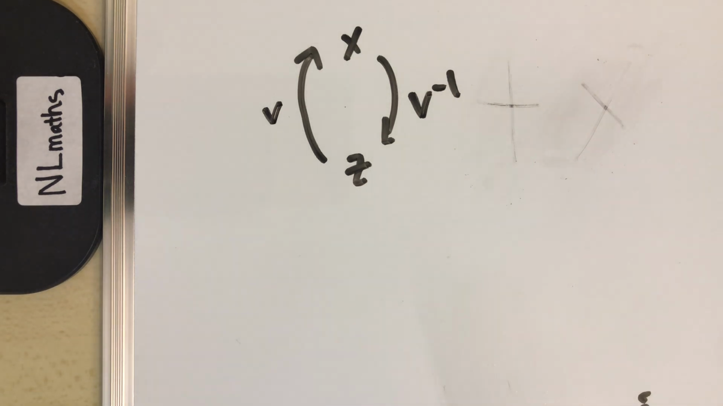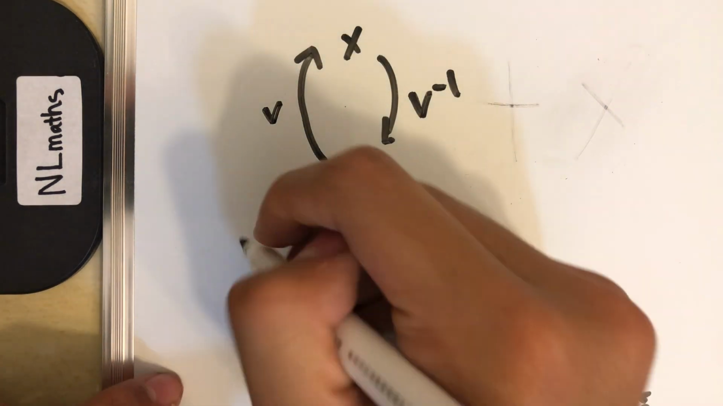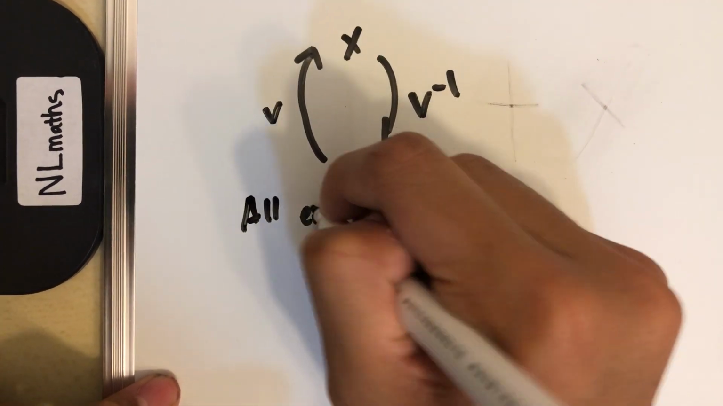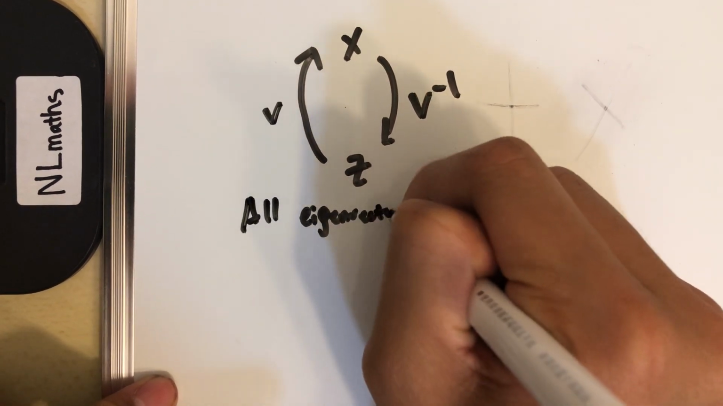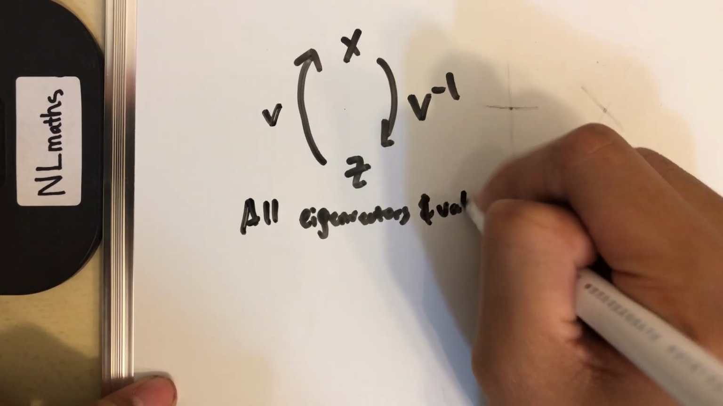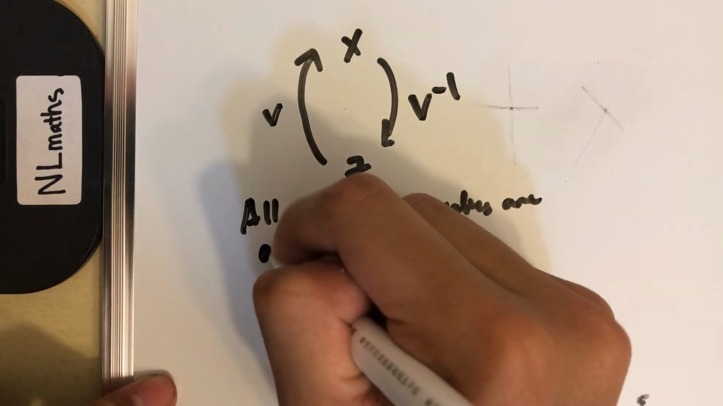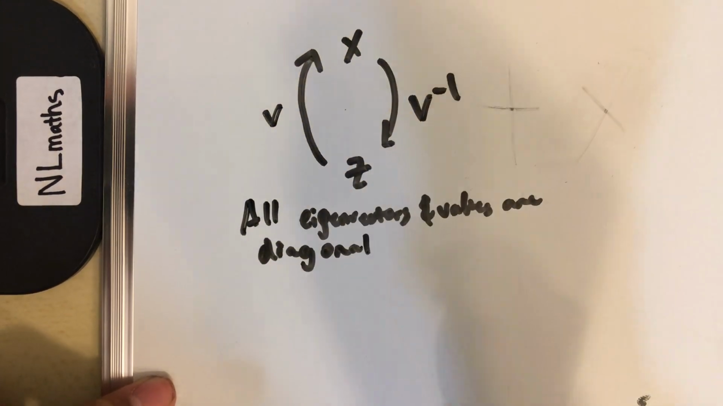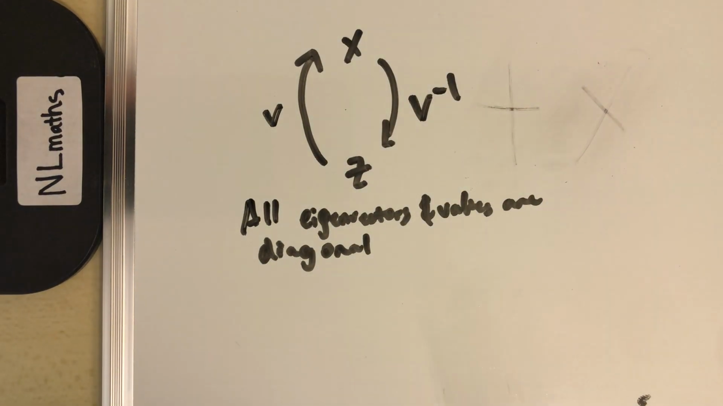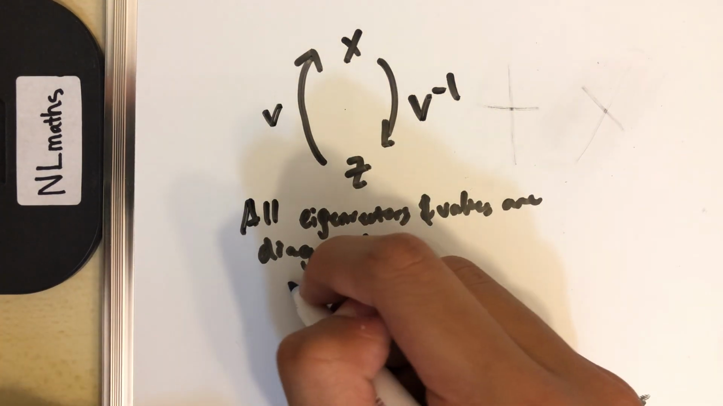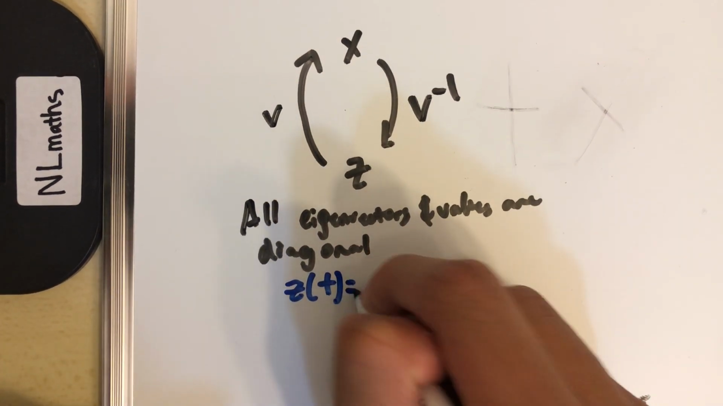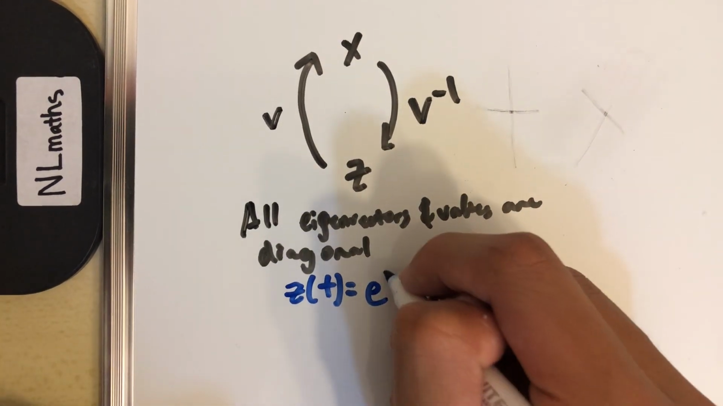Good. Okay, let me just check my notes. And in Z, all eigenvectors and values are diagonal. So the eigenvalues and eigenvectors make up the basis vectors. So this is called the eigenbasis. And by doing so, Z of t equals e to the